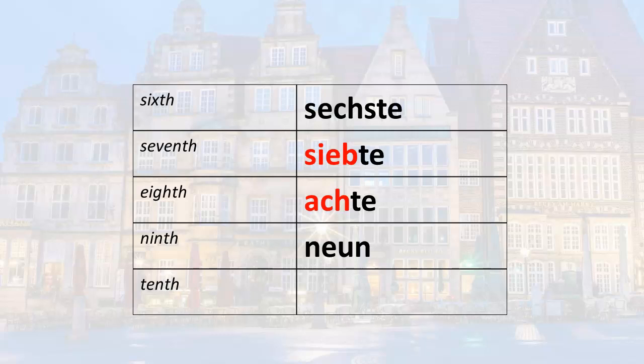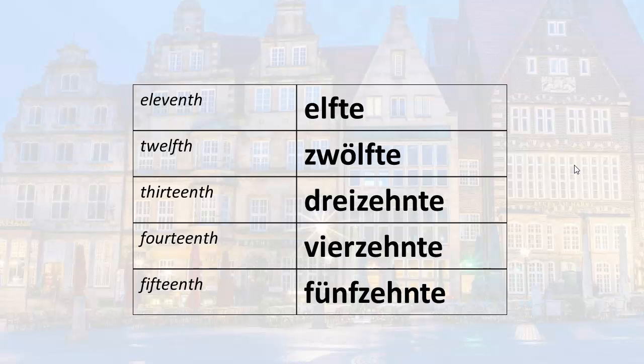Ninth, the number 9, neun, add the TE and you have neunte. 10th, the number 10 is zehn, so add the TE, zehnte. For the rest of the numbers, there are no exceptions, so I'm just going to show them to you here. I think you get the idea where you add the TE. So 11th, elfte, 12th, zwölfte, 13th,